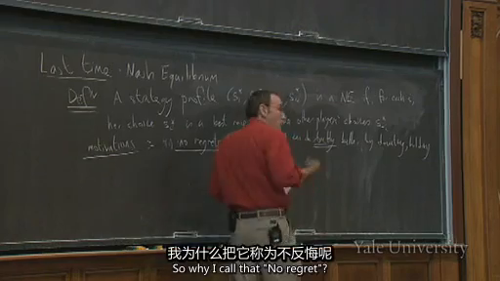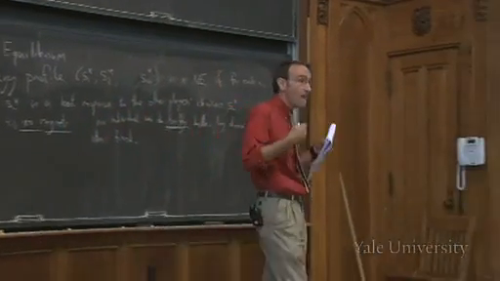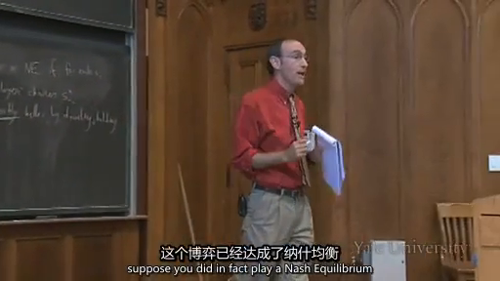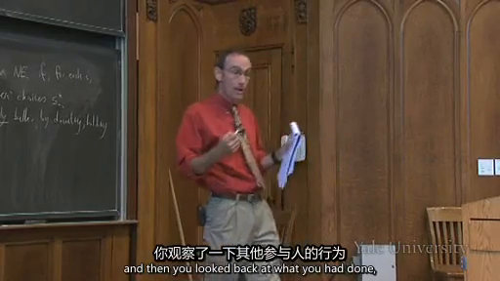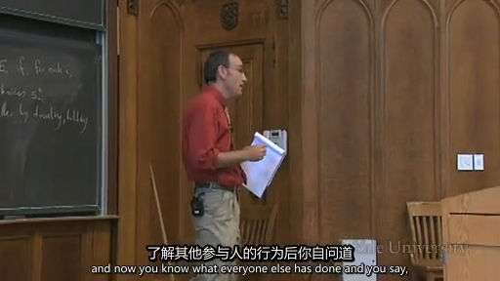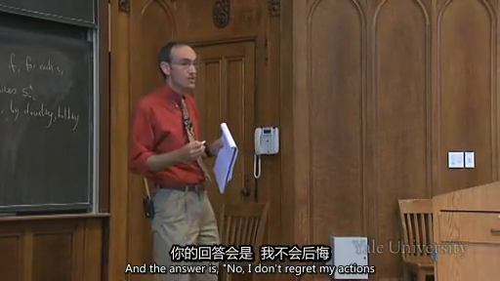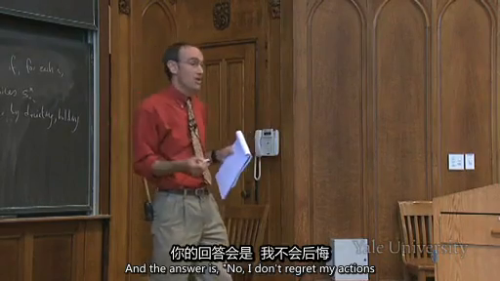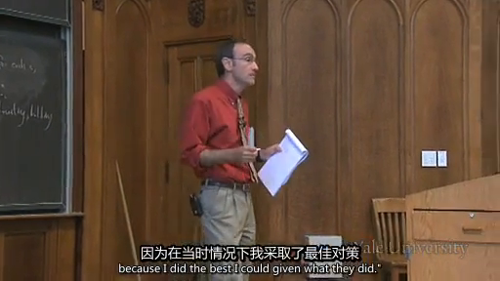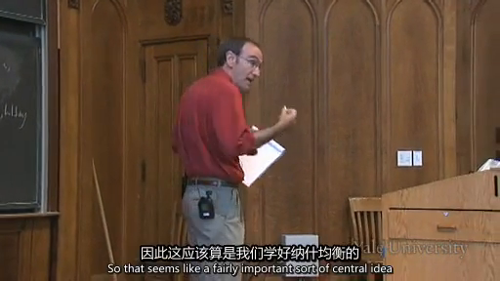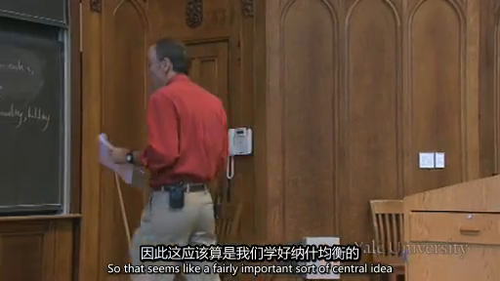So what I call that no regret, it means having played the game, suppose you did in fact play a Nash equilibrium, and then you look back at what you've done, and now you know what everyone else has done, and you say, do I regret my actions? And the answer is, no, I don't regret my actions, because I did the best I could, given what they did. So that seems like a fairly important, central idea for why we should care about